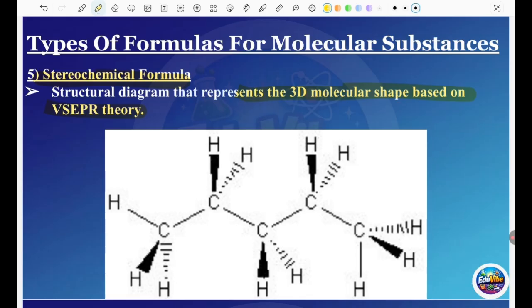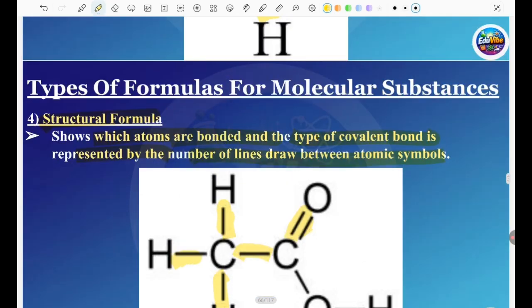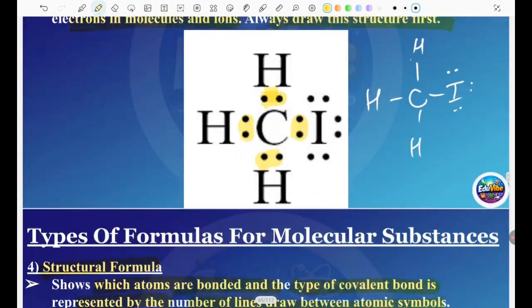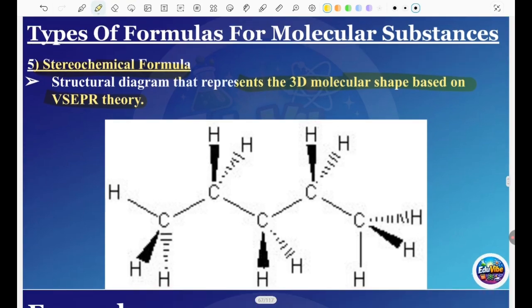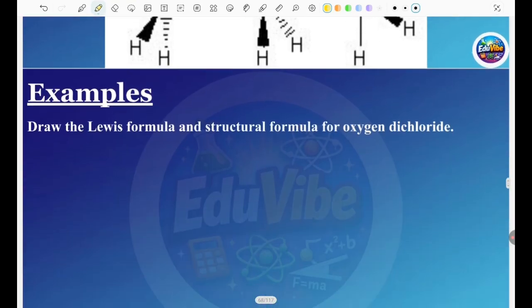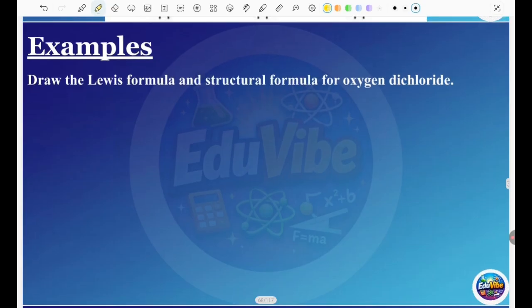So this type of thing we make, but in today's lesson we are not focused on this. We are focused more on the structural formulas and the Lewis formula. We'll learn more about this in the next lesson. So let's move on to the example for the